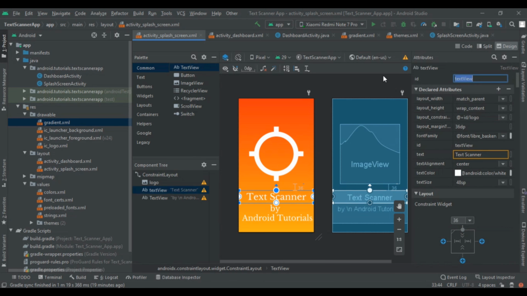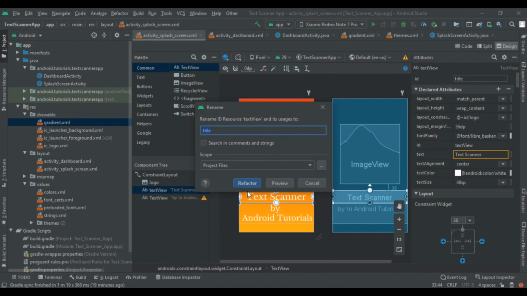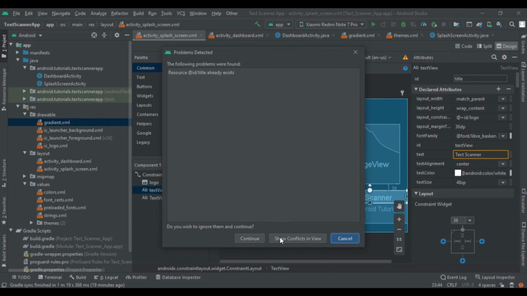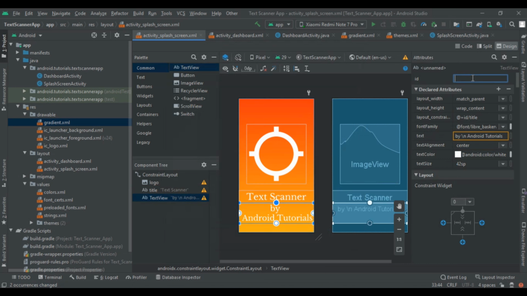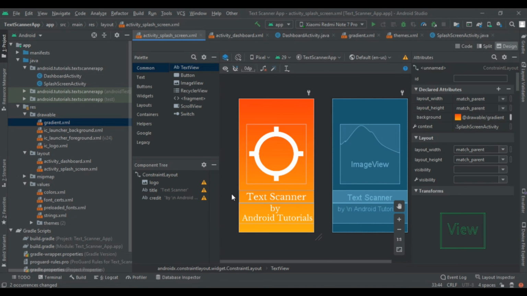So our text can, and this will be, so click on this refactor, continue, and then give ID to our second text view as credit, and then again press, no, it's automatically operated.